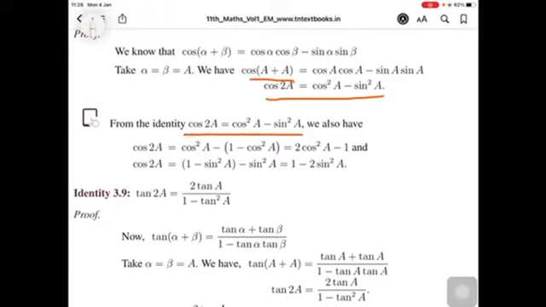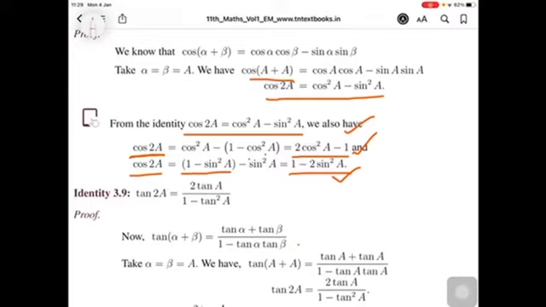With this identity, writing sin square A as 1 minus cos square A, we find cos 2A is equal to 2 cos square A minus 1. Only we are changing sin into cos, so we get cos 2A in terms of cos. Similarly, if I write cos square A as 1 minus sin square A in the above identity, then cos 2A is equal to 1 minus 2 sin square A. So, cos 2A in terms of cos and cos 2A in terms of sin. All the three formulae for cos 2A you should know, and we will use them in the problems accordingly.